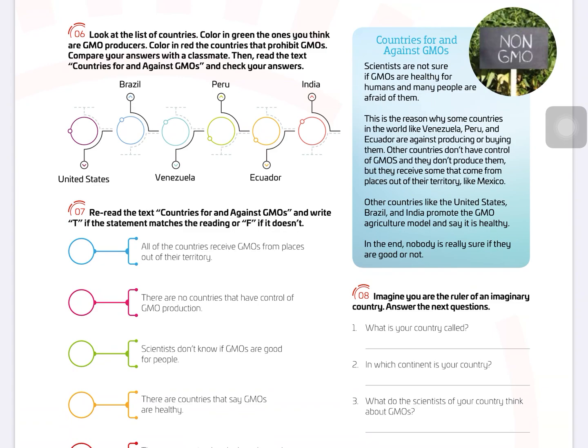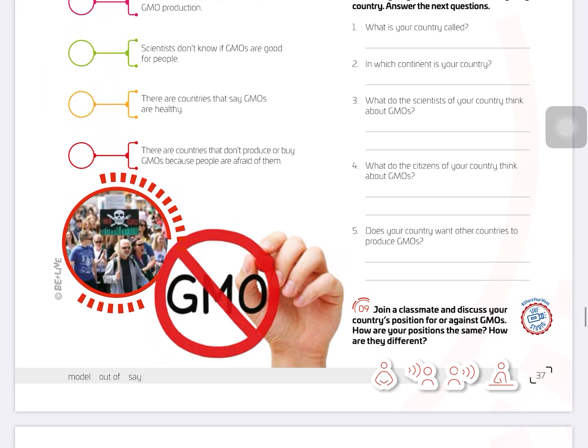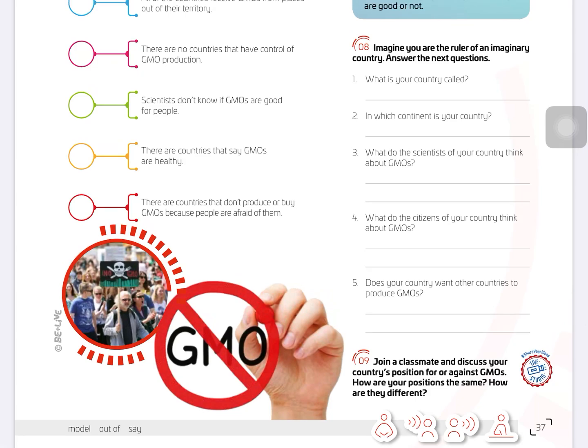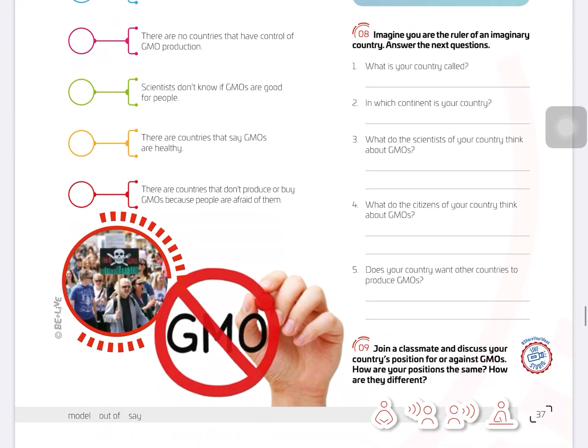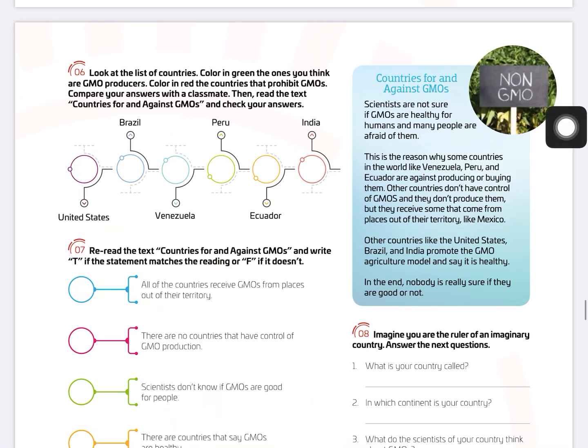Also, remember that we are going to start creating our little conversation in class and in groups, obviously, in order to improve our communication skills. Okay, remember that we are going to travel to a GMO's activity production in order to make a new report. Very good. So, in point number 6 on page 37, it says,